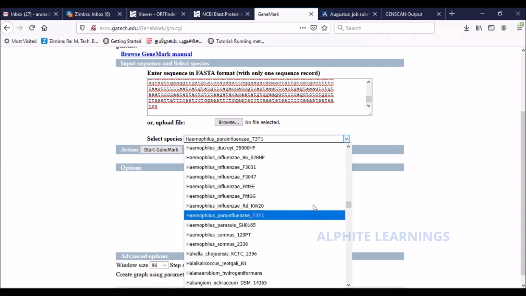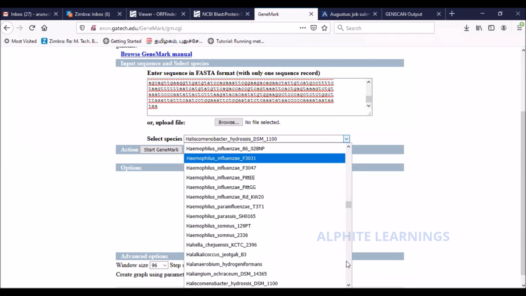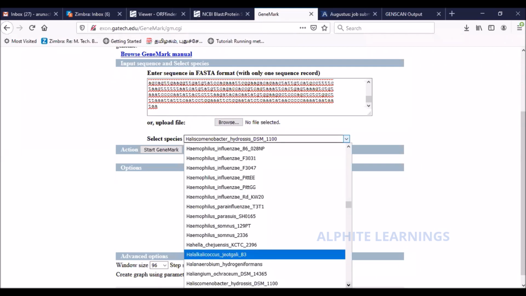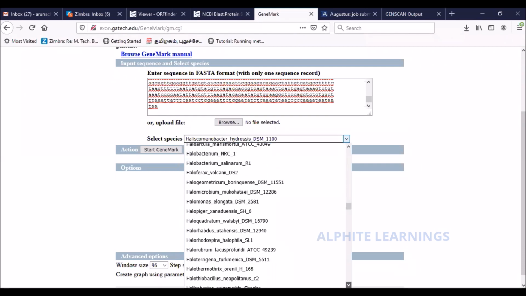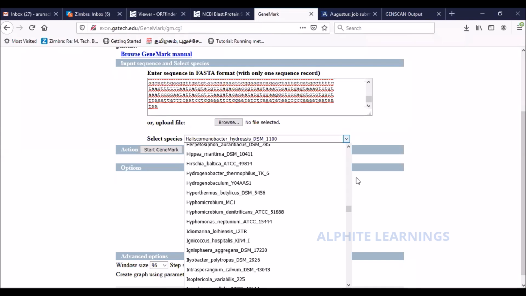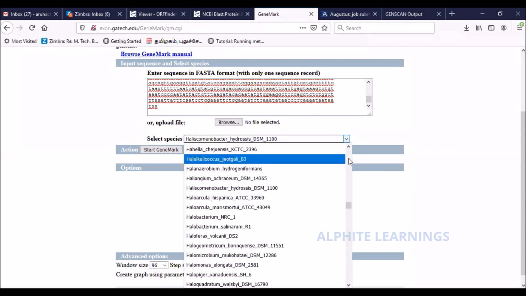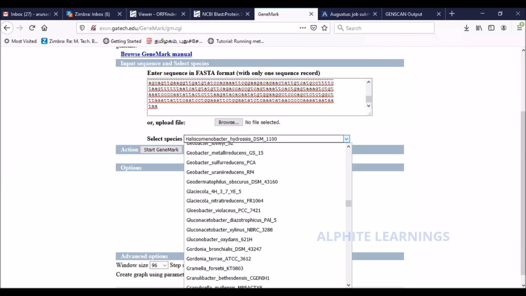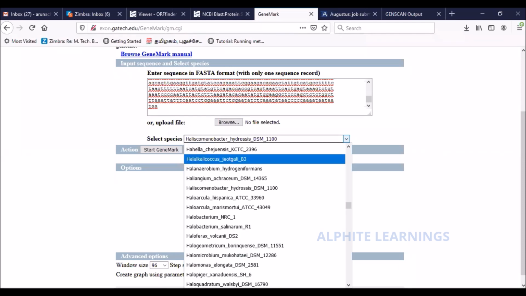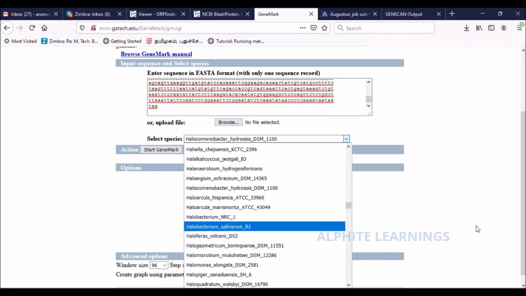So you see you have a variety of options here, but all of them seem to be bacterial, right? So this is something that you have to be mindful of.